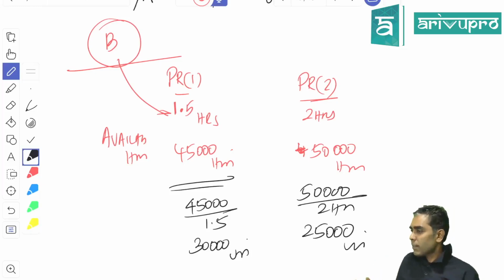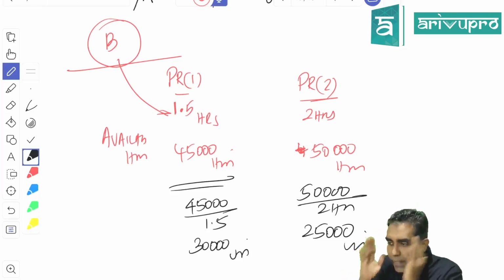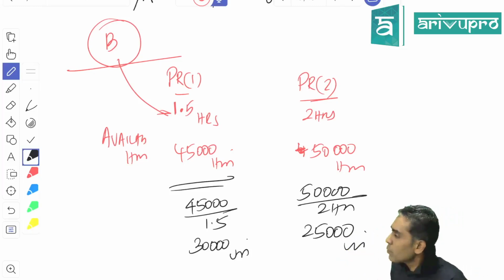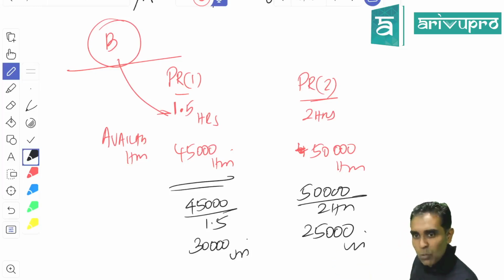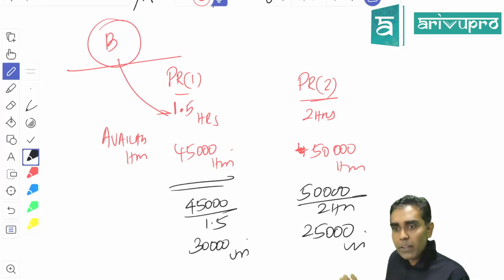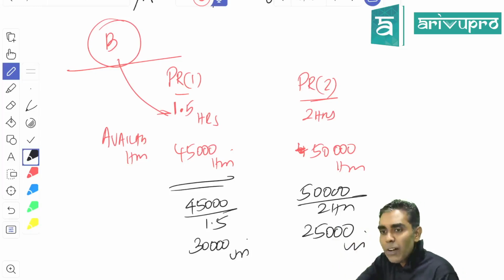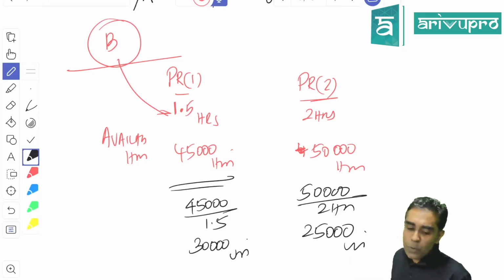As far as the company is concerned, ultimately how many units can they produce? Can they go for 30,000 units? How is that possible? Because process 2 says the maximum you can get from me is 25,000 units. If you go with 30,000, you are happy, because you can increase your production and your profit. But to do that, process 2 says no. Available resources are only